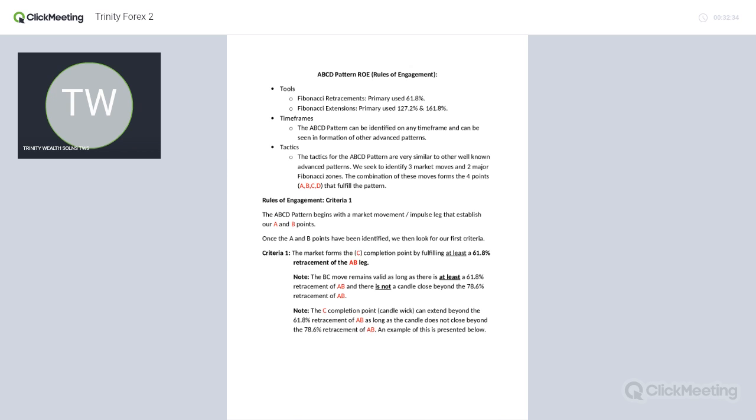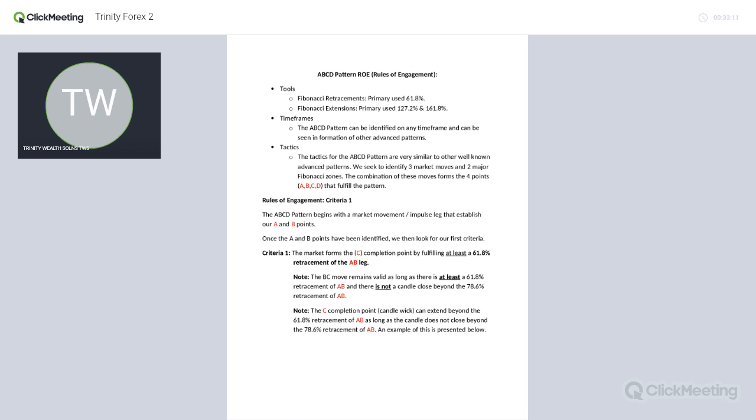Retracement of AB. So we are saying once the market retraces, it has to go at least to 61.8. It can go past 61.8, but the candlestick should not close above 78, because the moment it closes above 78, the ABCD pattern is invalidated. It can go to 78 and then go down, form a wick, show price rejection, and close below